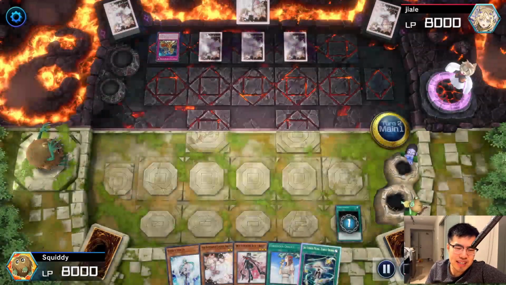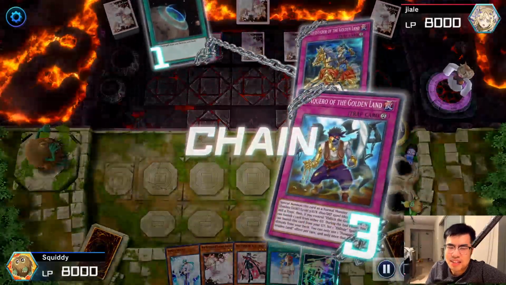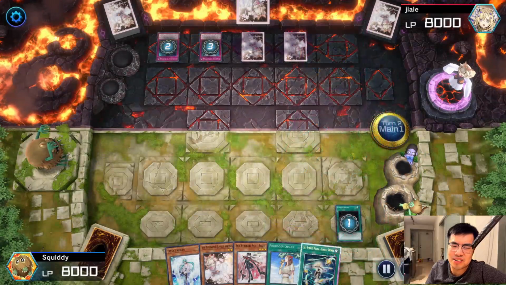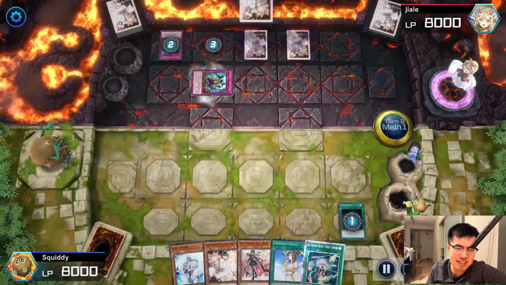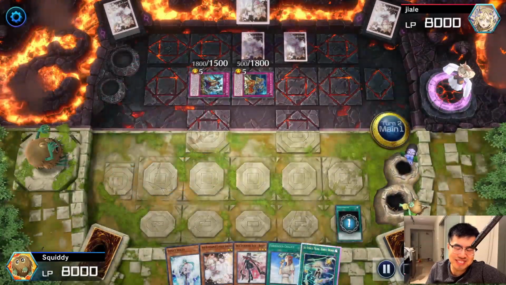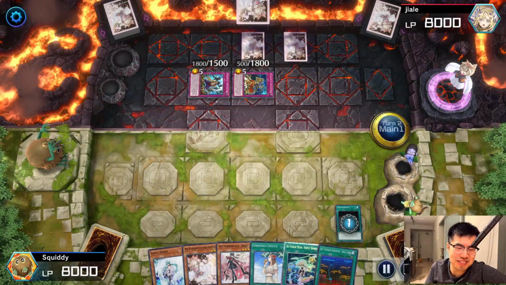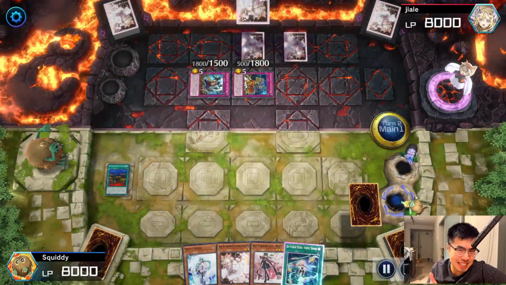So he activates an Eldlich trap randomly, which I was a little confused, and then he changed the other one, and I'm like, why would you do that now? But I mean, I guess. So I go ahead and resolve my terraforming. I'm still kind of blown away why he just activated these traps randomly instead of waiting. It's always good to hold off your traps until you actually need to use them, because you don't want to